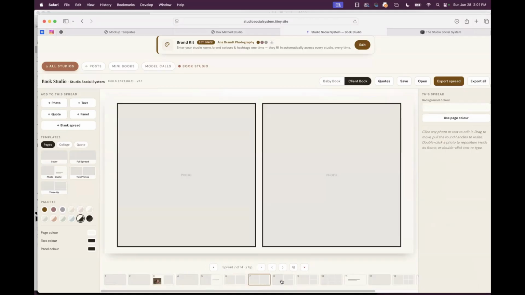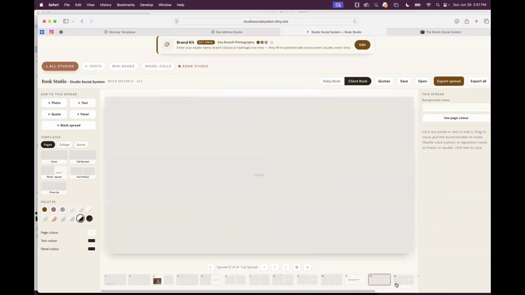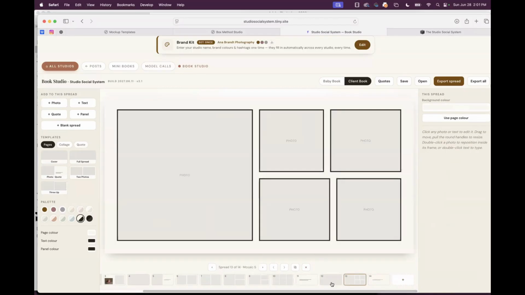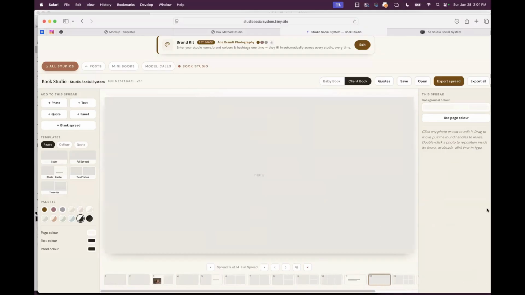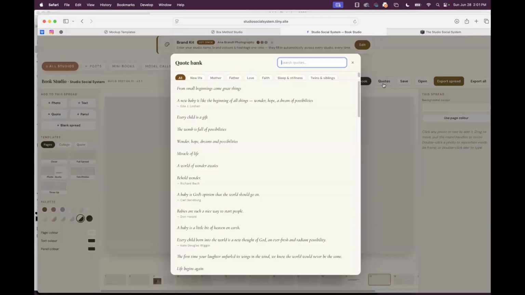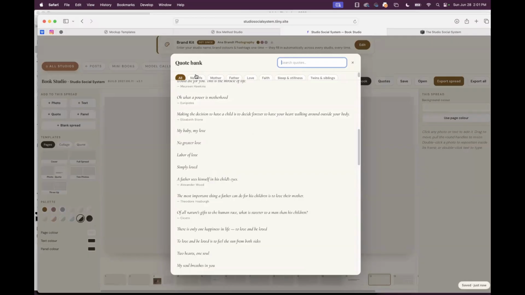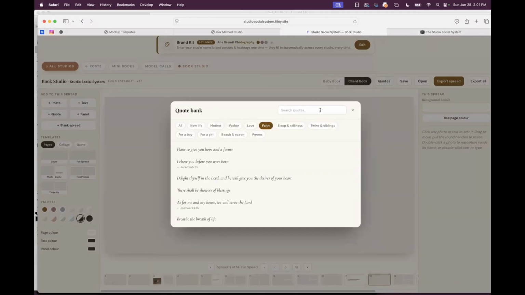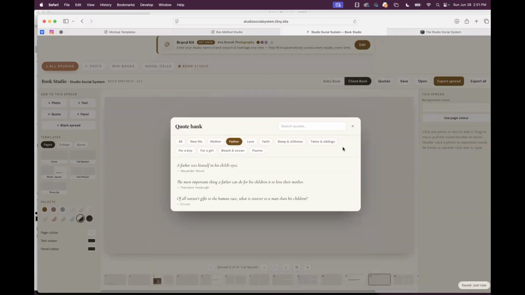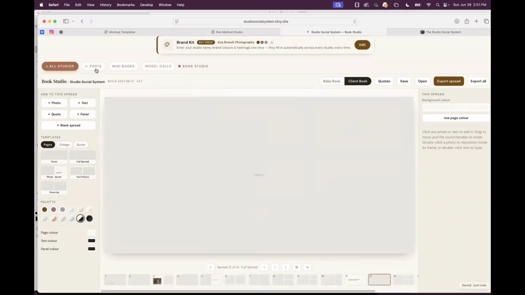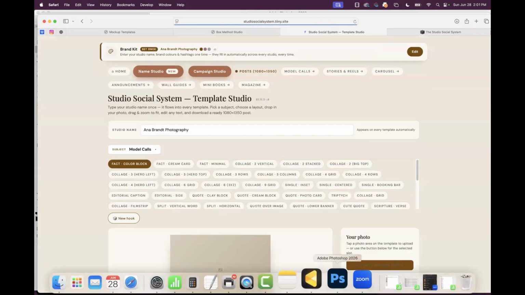This competes with any book program out there. I think I've done a pretty good job. I have been doing books my entire career, probably over 25 years, so I'm pretty anal about the whole book thing. I loaded all my personal quotes. This is not ChatGPT. These are quotes that I had in a Word document literally from 20 years ago. So I love the books one, it's like my favorite.